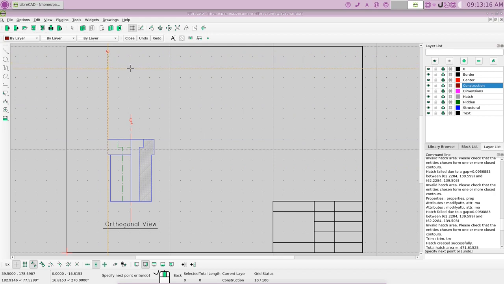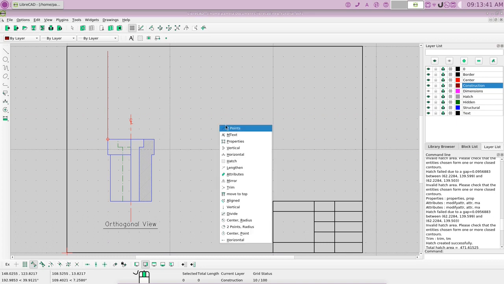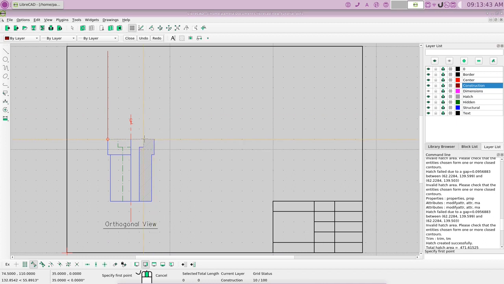Okay, now let's click on this side with the end snap on, take the free snap off, put the end snap on, restrain the vertical. Let's undo that. Let's take the vertical restraint off. Let's snap on the end, put the vertical restraint back on, and go up near the top of the drawing